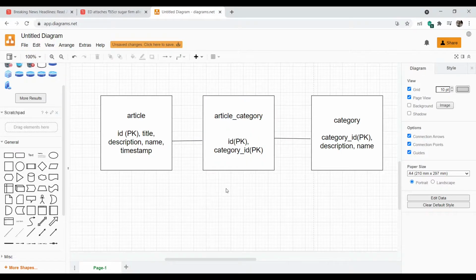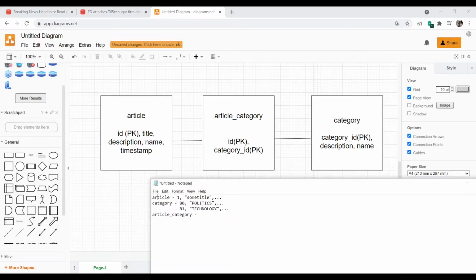Let me give you an example of what an article category would look like. Let's say we have an article with ID 1, and this is the title of that article, and we have a few other columns that we're not interested in. We have defined our categories. This will be kind of like a static table, but you can add more categories whenever you want. The ID of the politics category is 80 and technology is 81.